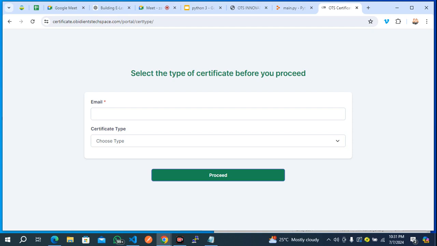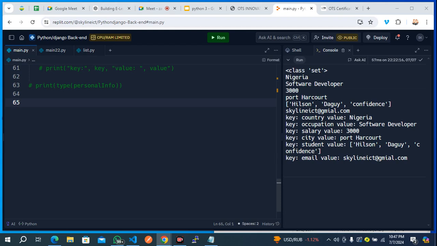Then after that has been approved, the next is to see where to download your certificate. Download the certificate, which is very robust, but I'm going to be looking at the basic one. Probably when we move into the